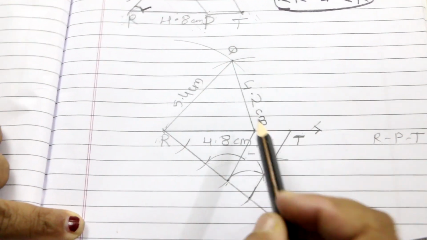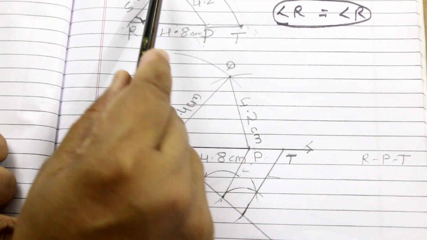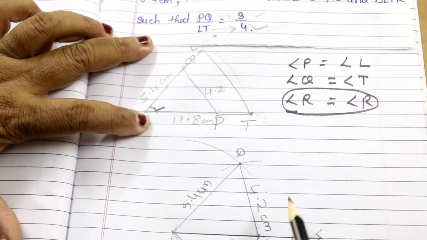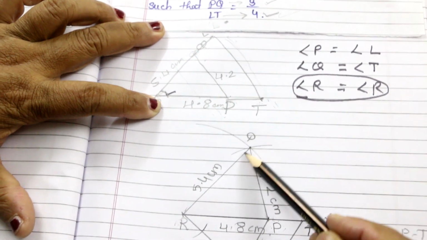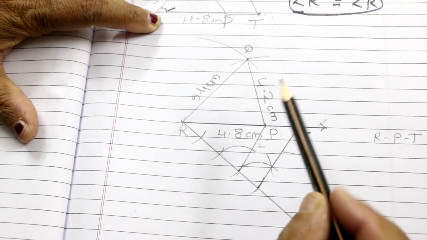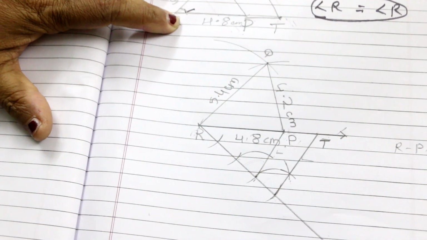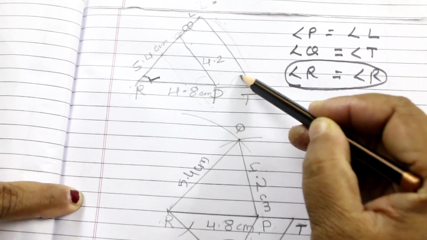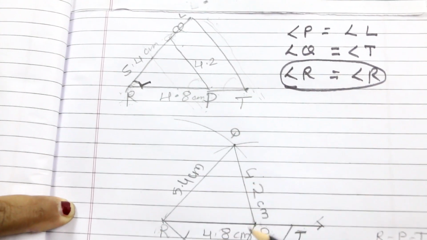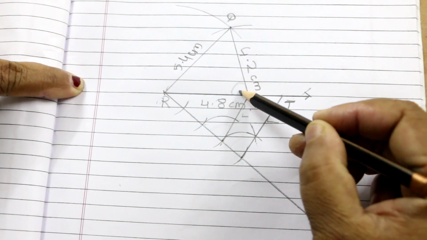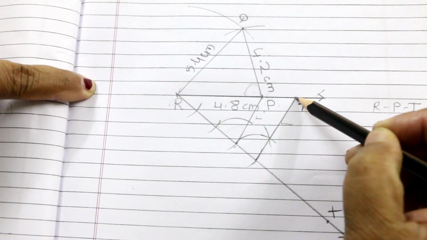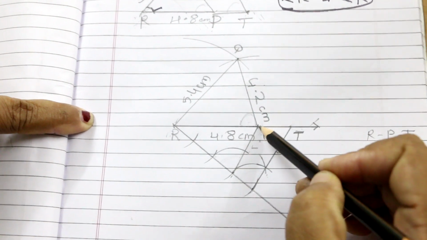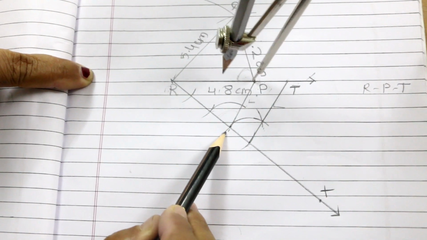Now you know PQ in the rough figure is parallel to LT. So we need to draw L here by extending the line. For that, you know corresponding angles are equal. Children, we will draw corresponding angle equal. So here this angle we have got. If we draw an angle at point T equal to this, we will be successfully drawing a parallel line to PQ. Let us do it as we did it here.